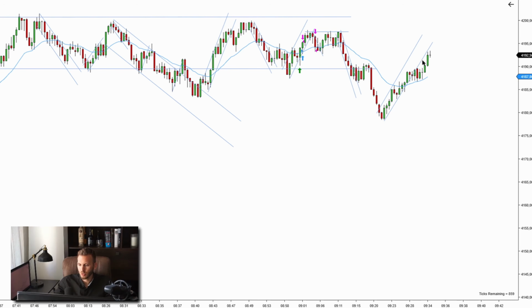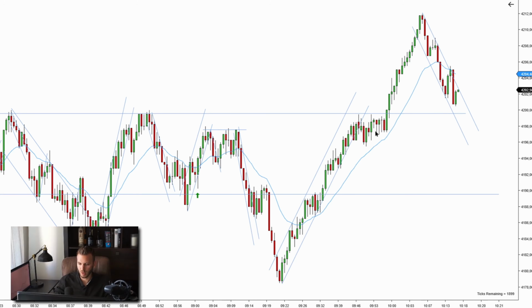Failed second entry short ended up working, but given the congestion, I decided to stay away from this, which I feel is the right decision for me to do. So far, I'm only sitting here with my one trade and looking for a few more. Uptrend had a break, big move to a new extreme, and prices are right now pushing strongly below exponential moving